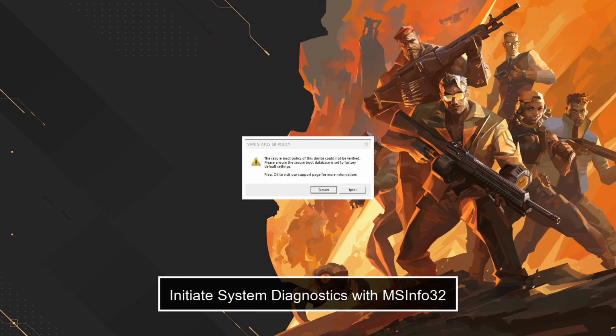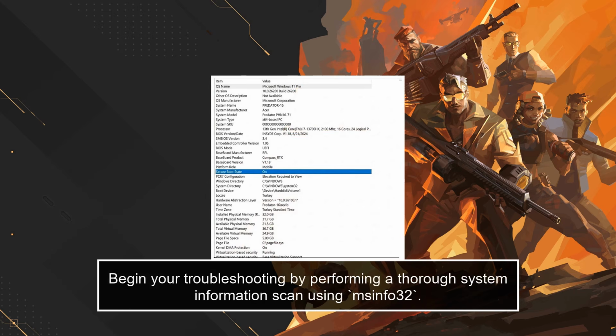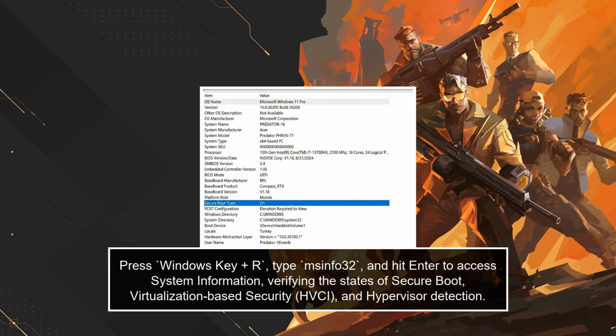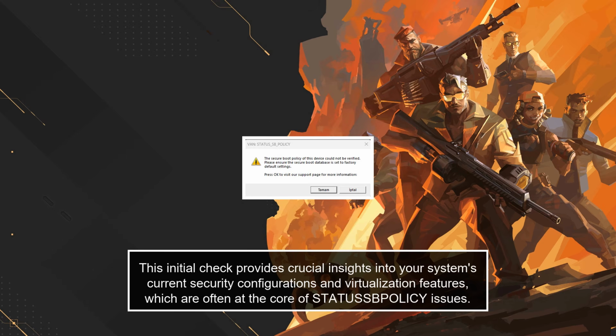Initiate system diagnostics with msconfig. Begin your troubleshooting by performing a thorough system information scan using msconfig. Press Windows key + R, type msconfig, and hit Enter to access system information, verifying the states of secure boot, virtualization-based security, HCI, and hypervisor detection. This initial check provides crucial insights into your system's current security configurations and virtualization features, which are often at the core of